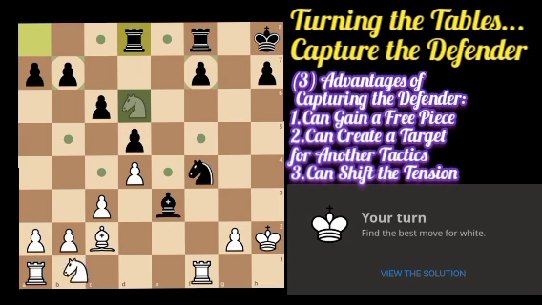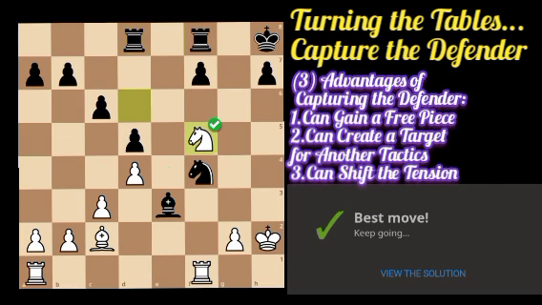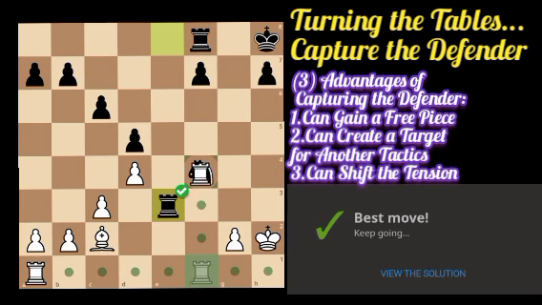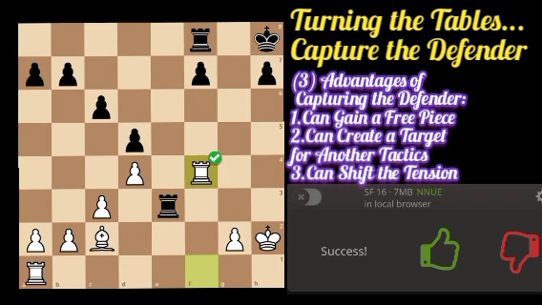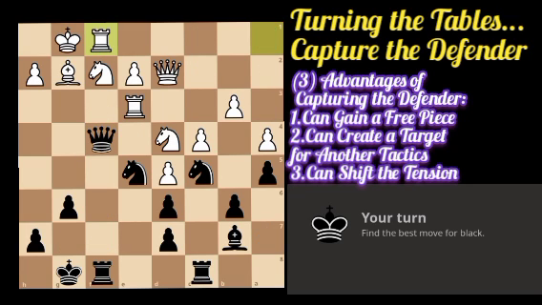So after we play knight to f5 at some point, the bishop will be moved, and if we move to d2, then we have a rook. So again, after knight to f5, after we grab that defender, we can freely capture the knight on f4. For example, after knight takes and rook takes, and after we grab his knight on f4, we emerge with a huge material advantage on the board with an extra bishop on c2.